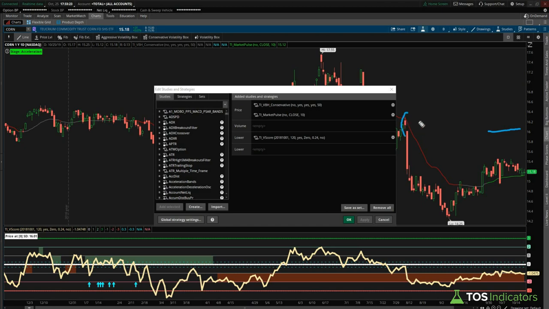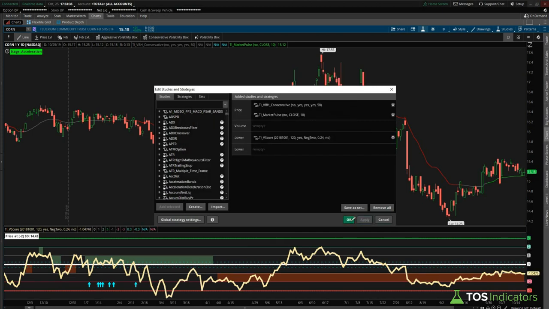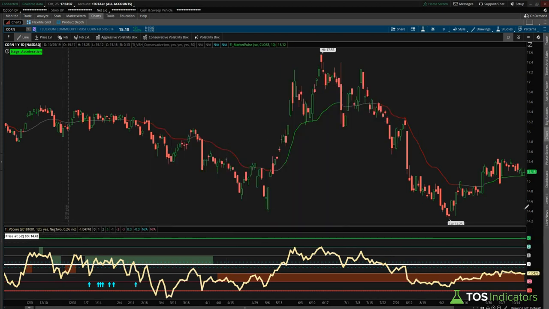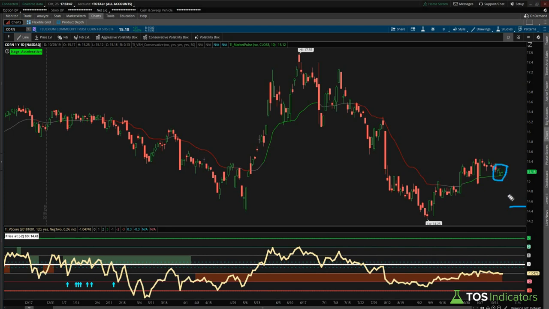And that makes sense, right? We would be filling this gap that we had previously made if price ended up making a move right up to there. And on the negative side, in terms of what our stop would be, we said that was a -2. And so if we hit -2, we can see that that price is closer to 14.43, which takes us to, let's say, right around there. And so now if I scroll a little bit forward, the trade that we actually have is you would be looking to enter right here with a stop near the 14.43 mark, and your target is closer to the 16 mark. 16.01 is what our V-score actually said. And that is a trade that we're looking at.